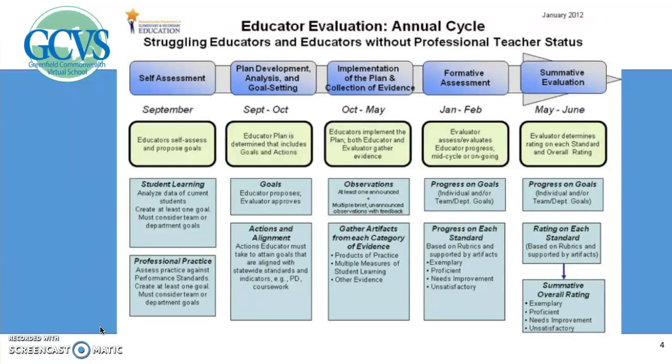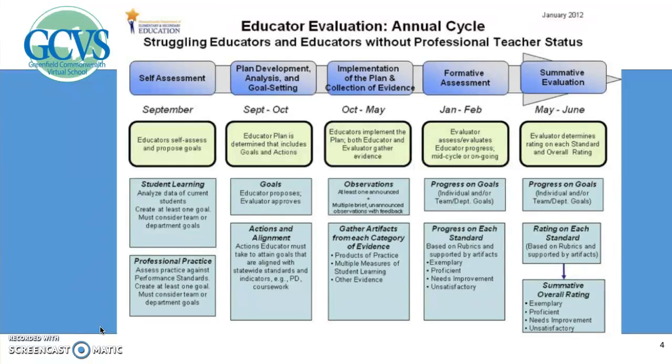Your evaluator will be observing your practice. At least one of those observations will be announced, preceded by a pre-observation conference. You can expect the observation to last for the duration of a full live lesson. After the lesson, a post-observation conference will be held to debrief what was observed and to give feedback. Other observations will be unannounced. These may be during live lessons or they may be done of prior recorded lessons. These will be shorter in duration, 10 to 15 minutes, designed as a quick check-in on how things are going.